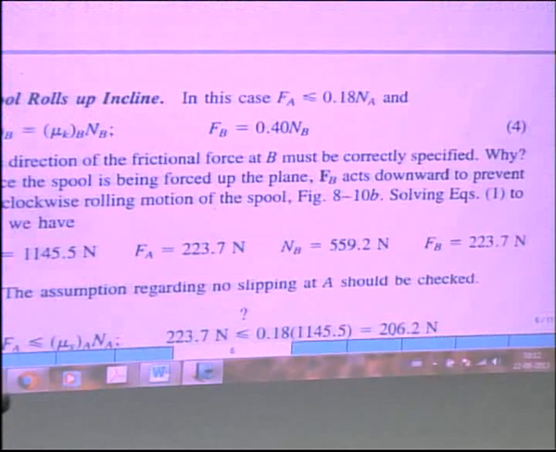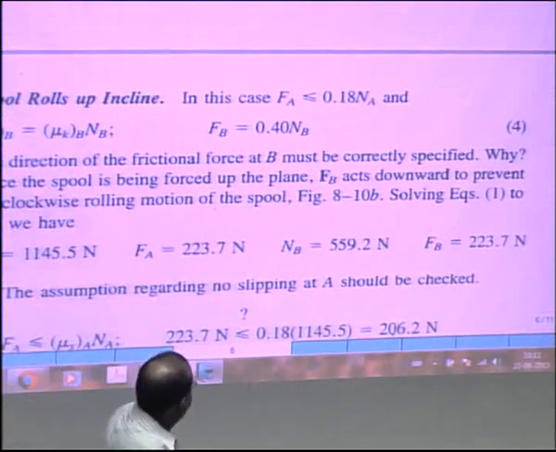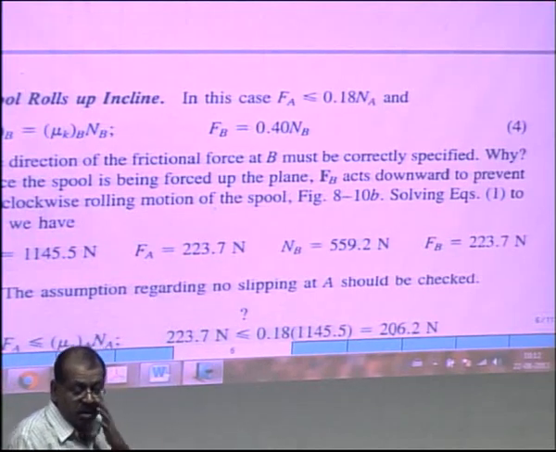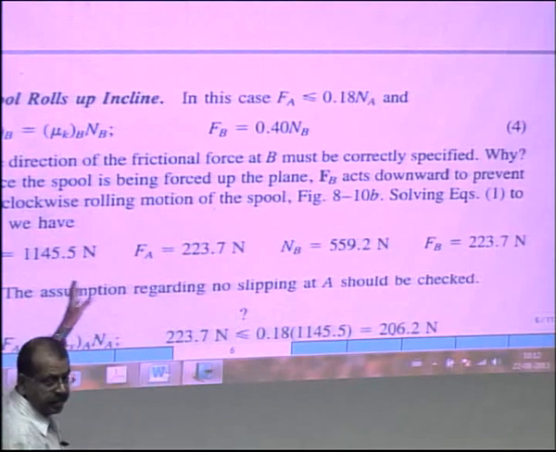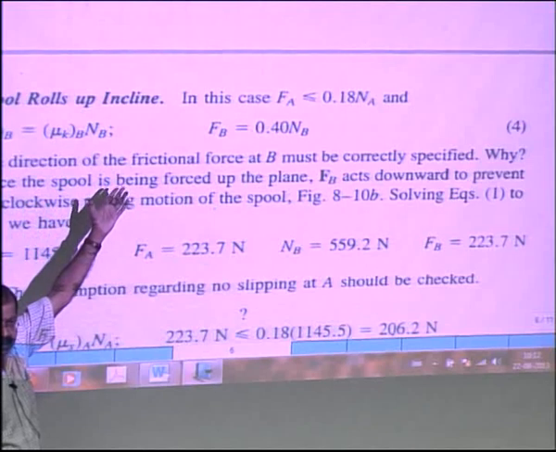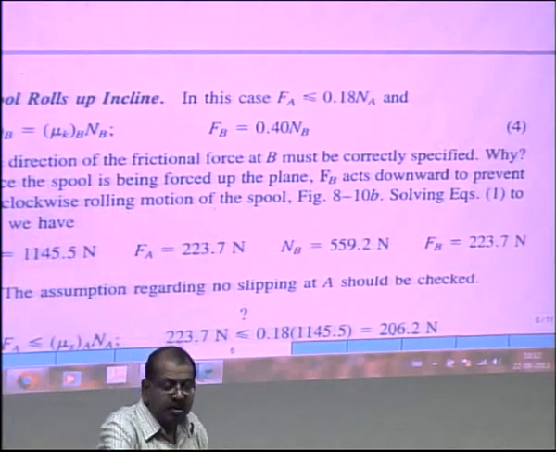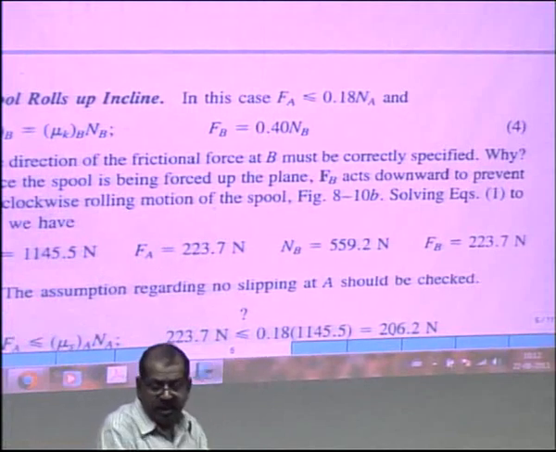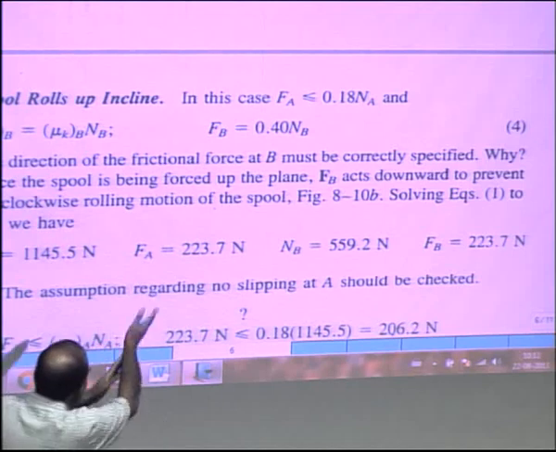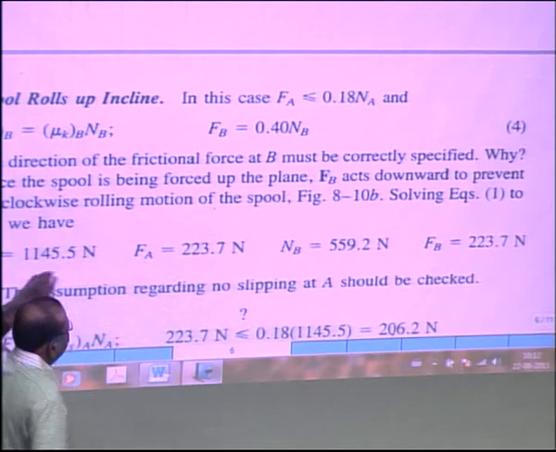So, first we apply the case that the spool rolls up the incline. If it will roll up, then friction at point A will be an unknown. It will just be Fa, and friction at point B will be mu times N. Okay. And because it is rolling up there, the friction there will be the coefficient of kinetic friction. So, therefore, it will be equal to mu k at B times Nb. We work that value and we solve all the unknowns,